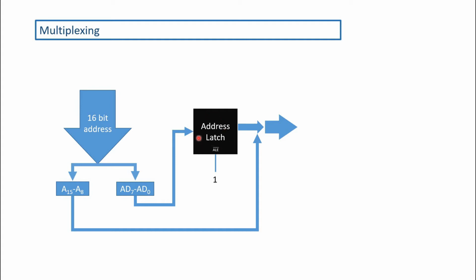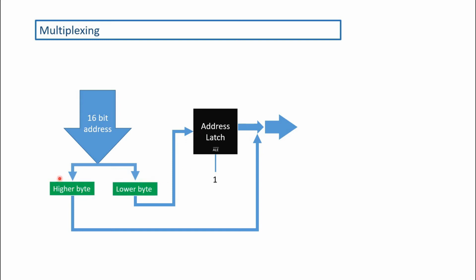Here you can see an address latch. What does a latch do? Latch means lock. That means the latch can be used to connect or disconnect these two portions, these two buses, as per our need. Here you can see an address latch enable pin, and as you can see, this is an active low pin. That means when the pin is low, only then the address latch is going to be enabled and this part is going to be disconnected. Now as this pin is high, that means this part and this part are connected all together.